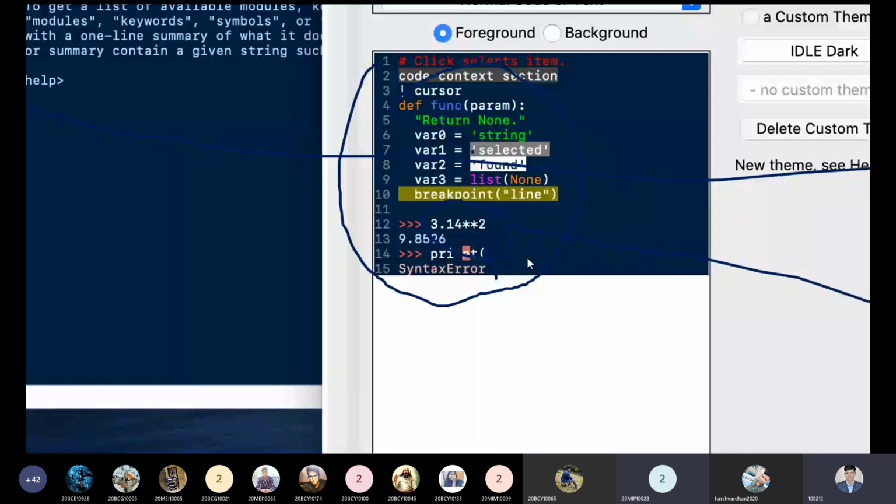This is a syntax error because this function does not exist in the Python libraries. Now above this point you can see 3.14 to the 2, not multiply but double star, double asterisk. We are using the power. So this is known as power. So 3.14 has the power of 2, and we got the answer 9.8596. So this is the code we are writing in the command mode.